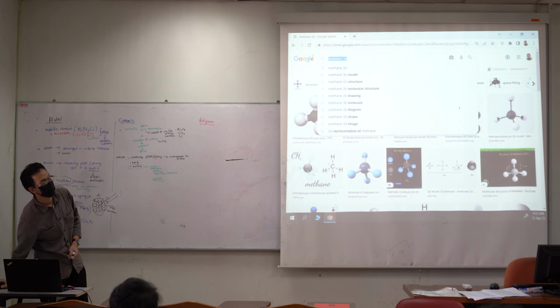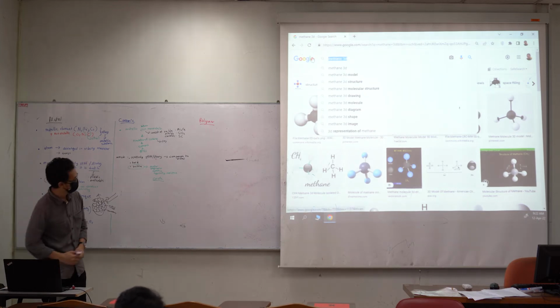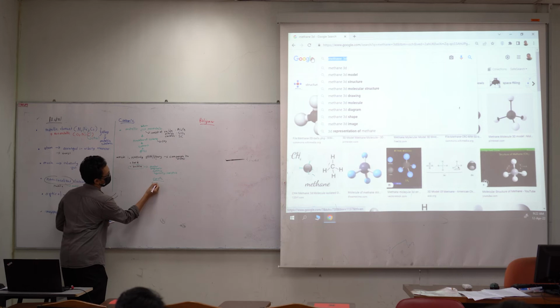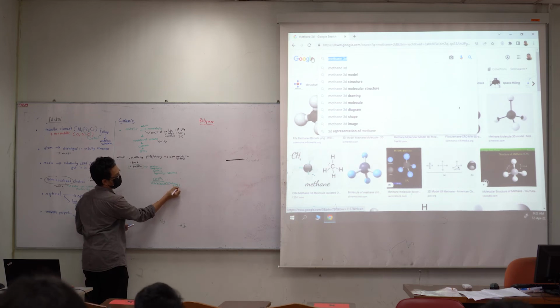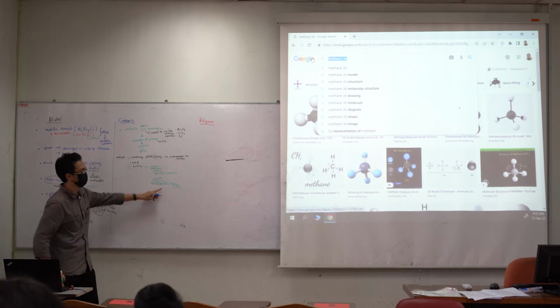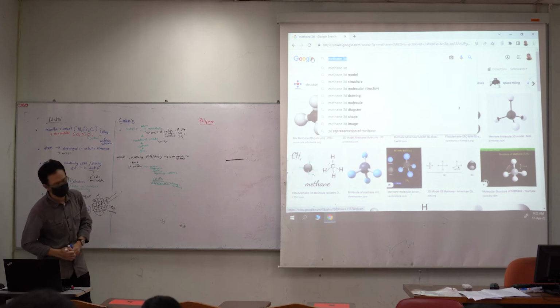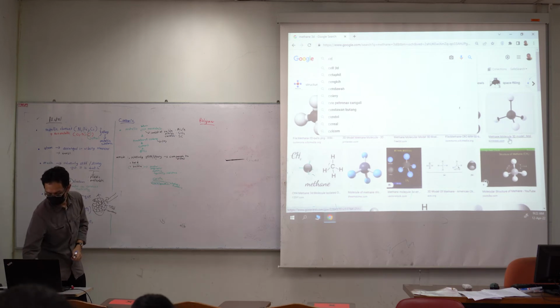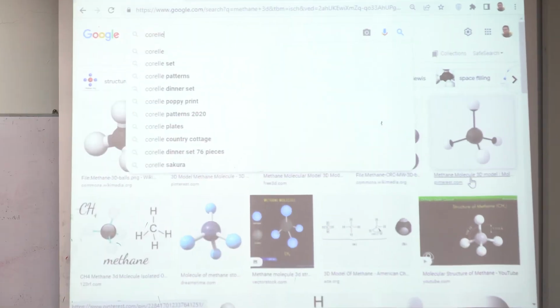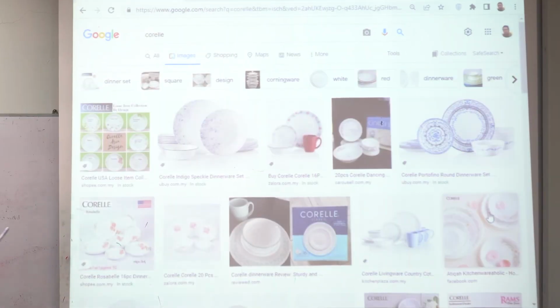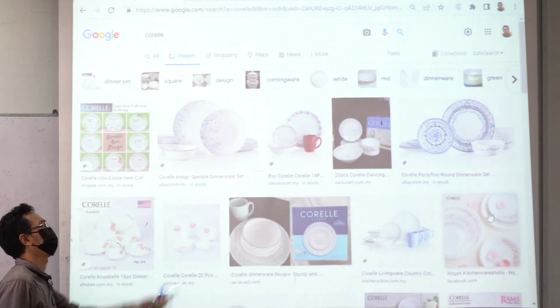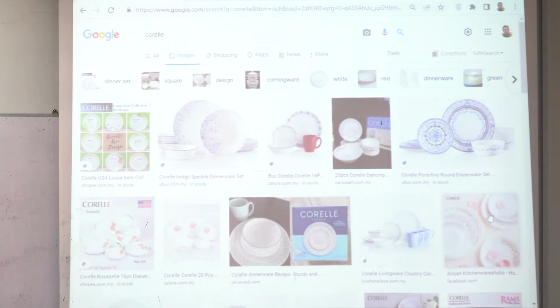Last time we talked about Corningware. Corningware is basically a glass ceramic. We learned this in the previous class. Corelle is just another kitchenware like that. Corelle is a kind of glass ceramic also, or not exactly glass ceramic, but this thing